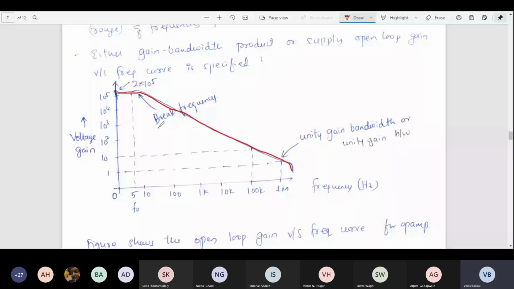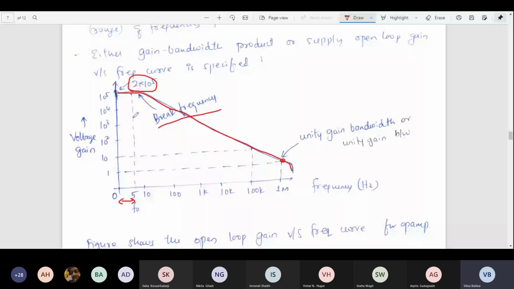You remember that. When it starts to dip, and when it comes to a point where the gain is 1, that is called the unity gain bandwidth or gain bandwidth product. To reach this point, I don't need to look at the graph. I can just multiply this gain and this bandwidth. Look here, isn't this the bandwidth? So the band under 0 to 5 hertz, this is my band. Within this band of frequency, my gain is 2 into 10 raised to 5.